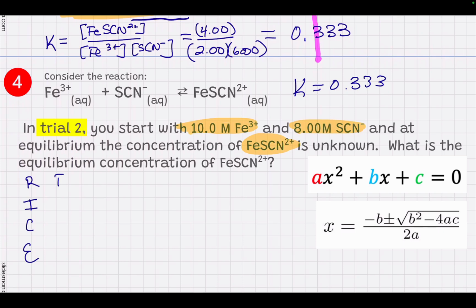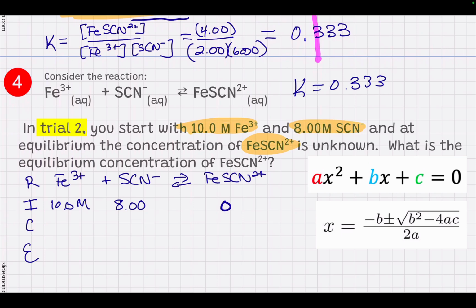And my reaction is still the same, but it's helpful to have it all right here. And then my initial amounts have been given. You don't even need to really put units there if you don't want to. Just make sure they're always molarity. They don't give me the iron thiocyanate, so we know that's going to be 0. And then we're kind of stuck. So what we need to do here is think about the change, the C. The change is,